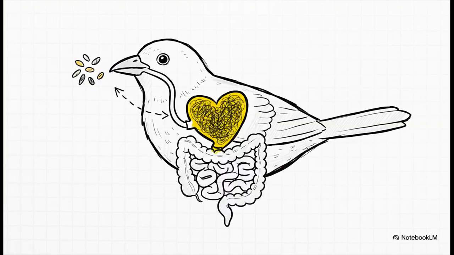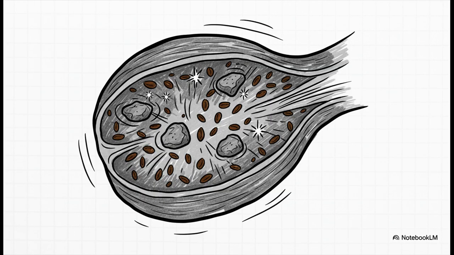And the creative solutions don't stop there. Think about birds. They don't have teeth. So how in the world do they eat hard stuff like seeds and grains? Well, they have their own special tool, a super muscular part of their stomach called a gizzard, which acts like an internal grinder. But wait, it gets even cooler. To make that grinder work even better, what did they do? They swallow little stones